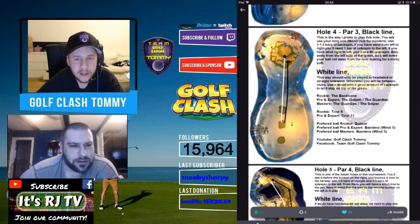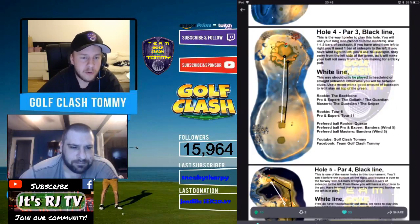Yeah, this hole, the thing that I like with this one, and that is what I like with all tricky holes, is that you really need to think about where the best place is to place your ball when you aim. Sure, we can use the white line, but then we are playing on a green that is massively uphill, which means that even if you're taking, for example, a Guardian because you would like to have a lot of backspin on your club, you're playing maybe in a headwind, and still you're aiming behind the pin